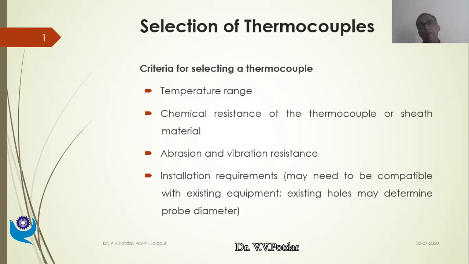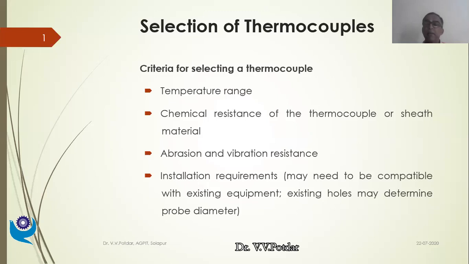If I'm using this thermocouple for maybe a refrigerator or air conditioner, my temperature range of refrigerant would be ranging from, let us say, -15 degrees Celsius to maybe 30, 32 degrees Celsius. So depending on applications, I have to define the range of temperatures, and based on my temperature range, I need to select an appropriate thermocouple. The second important selection criteria in case of thermocouples is chemical resistance of the thermocouple or